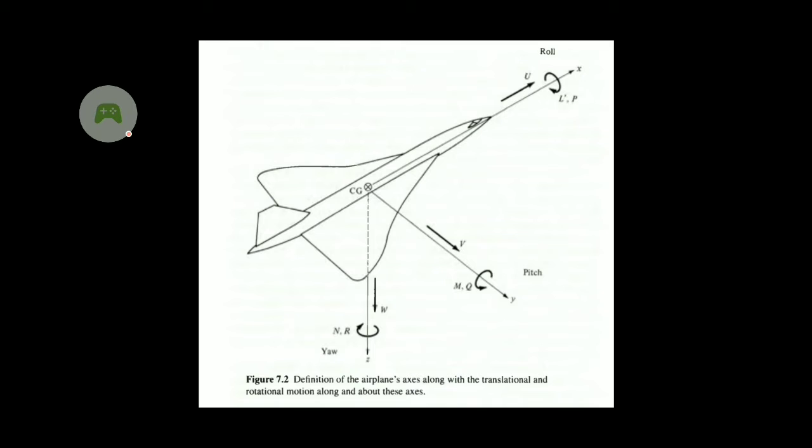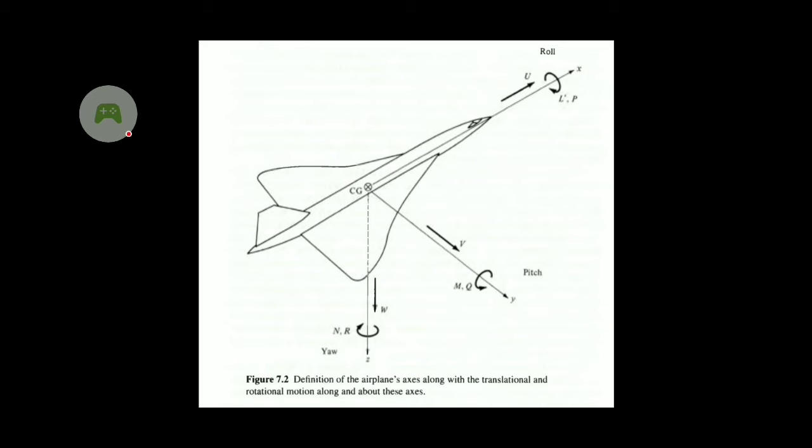That is, there are two ways to describe the axis. One is local, which you are seeing over here. With respect to the airplane, the local axis is drawn from the CG of the airplane. If we define a global axis, then it will be from a viewer or from the earth axis, that is from the center of the earth. But for the airplane, we always take the axis locally from the CG.